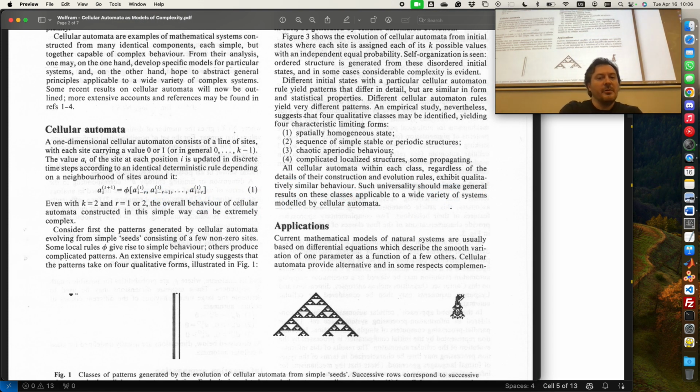So chaotic aperiodic behavior, and I already mentioned that even that chaos has levels, right? But then there is this class 4 that Wolfram really, really likes and everyone else likes. Class 4 is complicated localized structures propagating. So in a way, you can think of it like this.